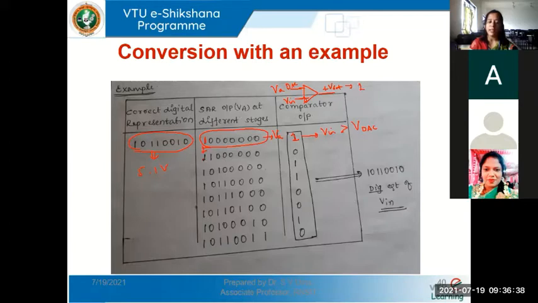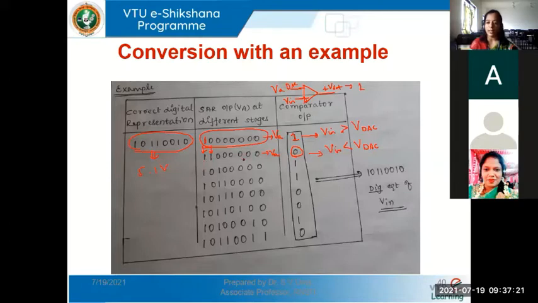In the next round of comparison, the next higher bit will also be made 1. We change the second bit next to the MSB from 0 to 1. Again we convert it to an analog voltage and compare it with the input voltage. Now the output of this comparator has become 0, which means something minus VSAT. This means Vin is less than VDAC. The input voltage is less than VDAC if we made both these bits high.